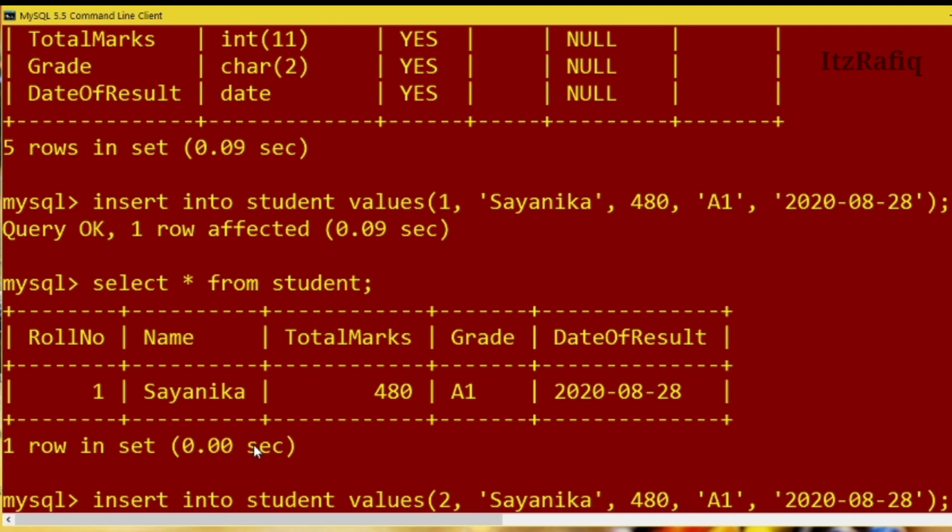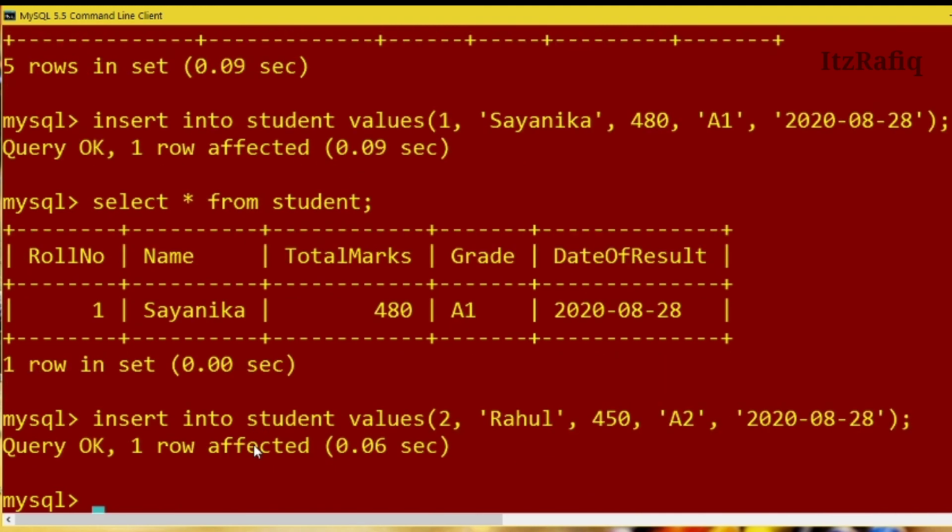Next name, suppose it's Rahul, marks as 450, grade A2, and suppose the result date is the same. When you complete the query, you will put semicolon and press enter key. So here you will get the result as query okay, one row affected.